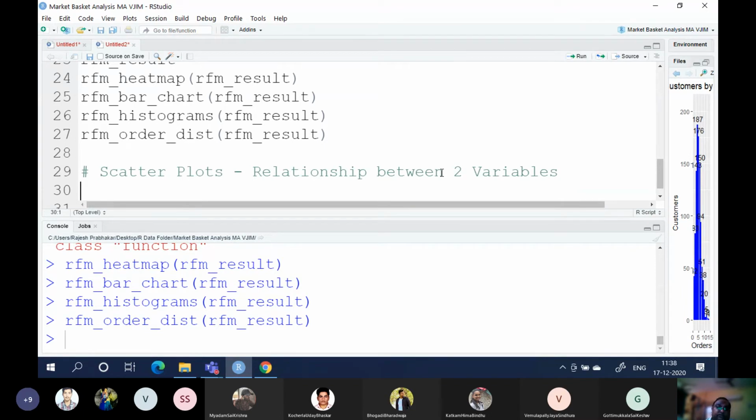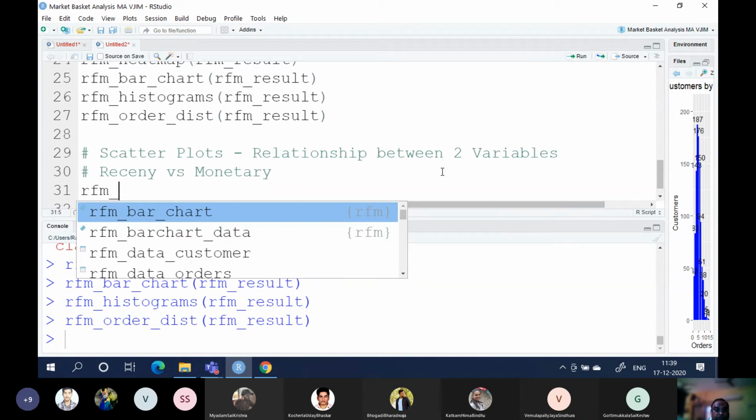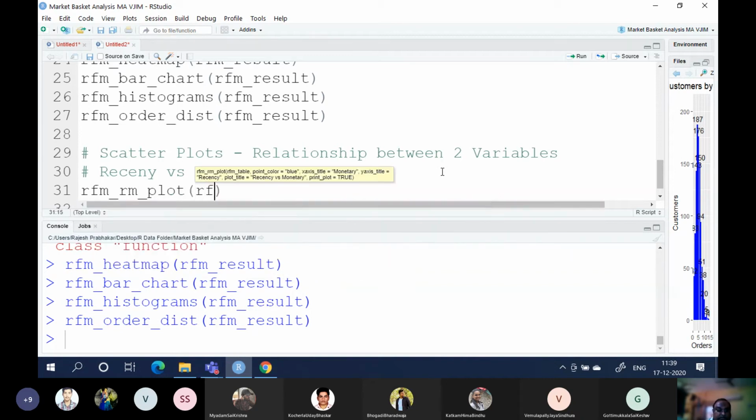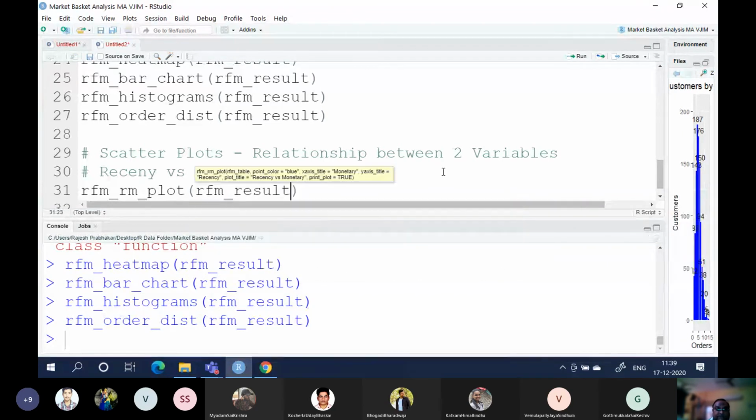So first we will try to find the relationship between recency versus monetary. So RFM underscore RM underscore plot, RFM underscore result.